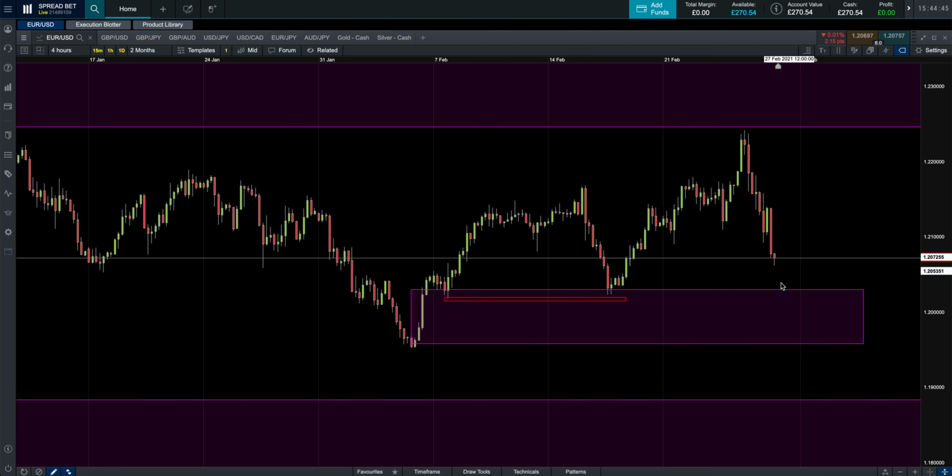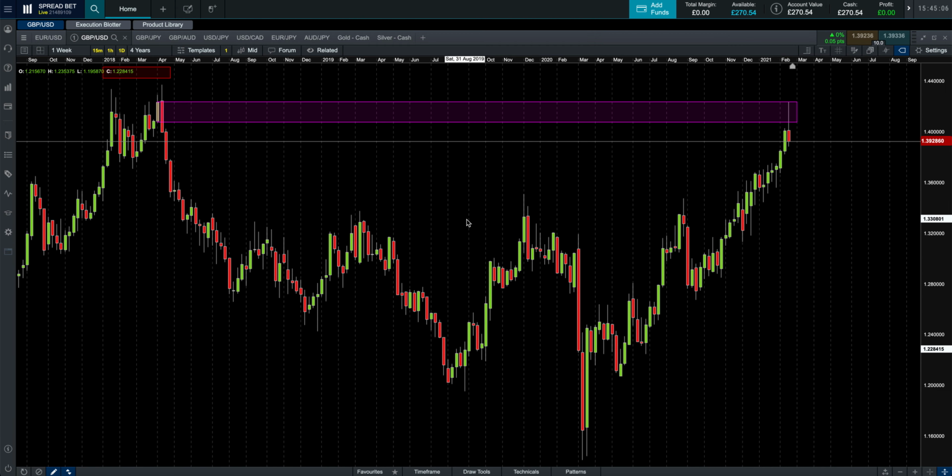As long as the range is still big enough for me to go from wherever I'm going to be picking up a trade to these lows here and here to rebalance, then there's a trade for me. If the range is not big enough, then it's irrelevant. Yeah. So I'm really liking the way euro is at the minute, and we'll see what happens when the market opens on Sunday. Pound USD,